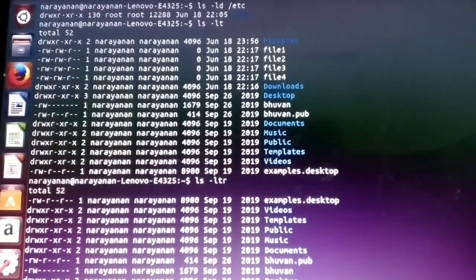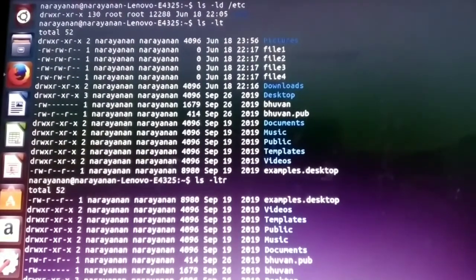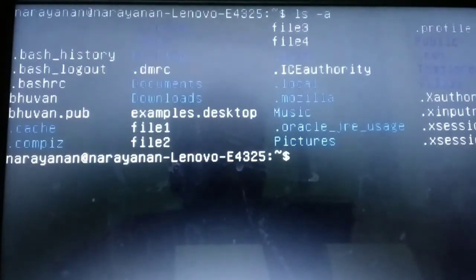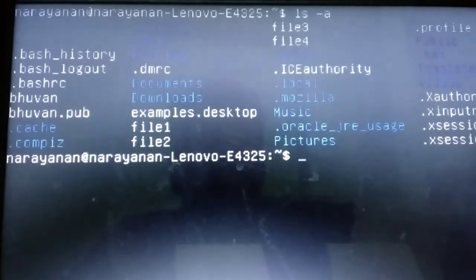Another one is in ls command display hidden files. In this ls command, to display the hidden files, we have to use the ls space hyphen a. So this will indicate the hidden files what we have stored in our directories. It is indicated by dot.